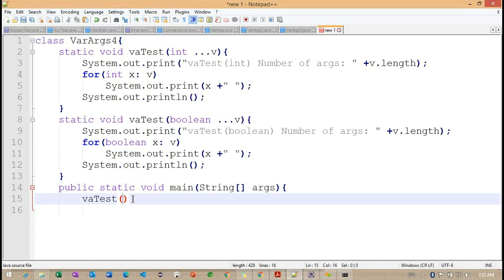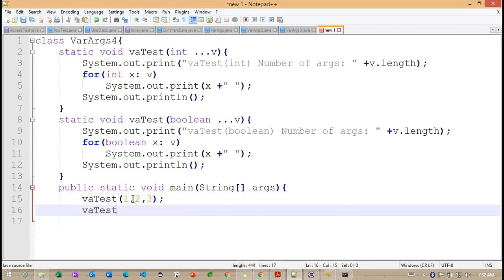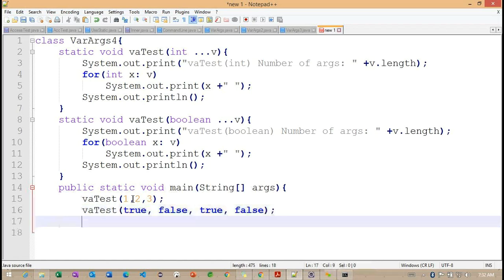Okay, so back to here, I'm trying to pass 1, 2, 3, and for the second one I'm passing true, false, some true, false.